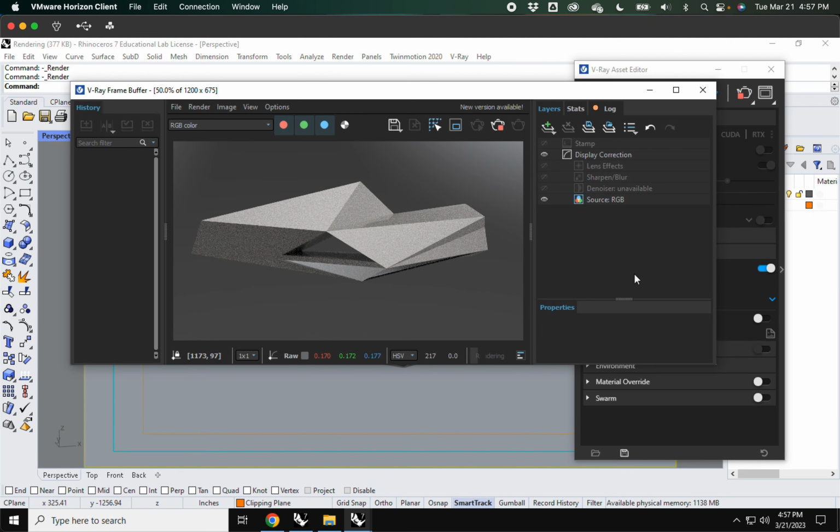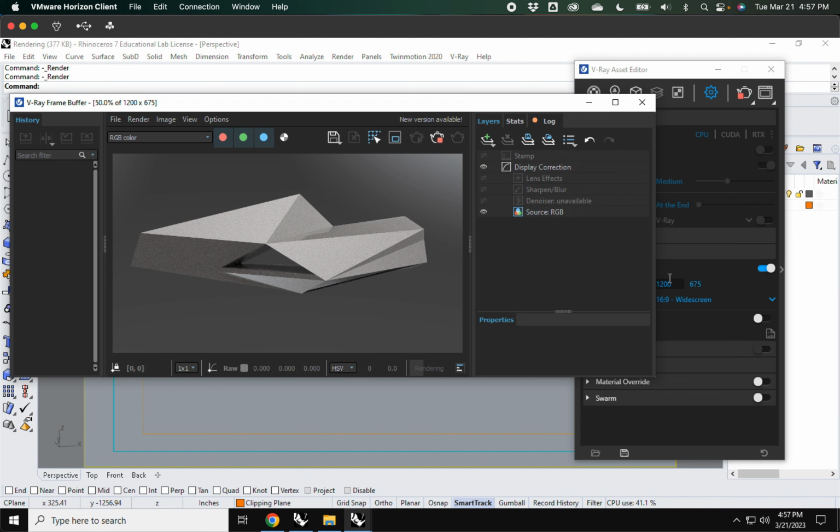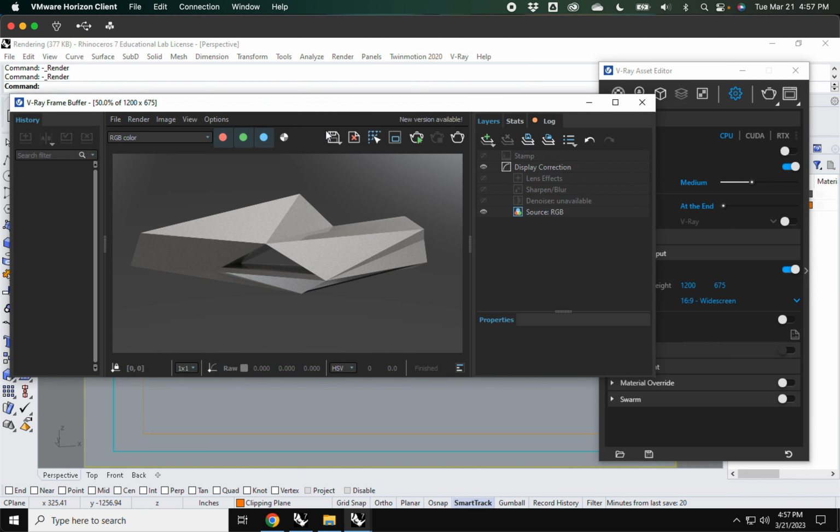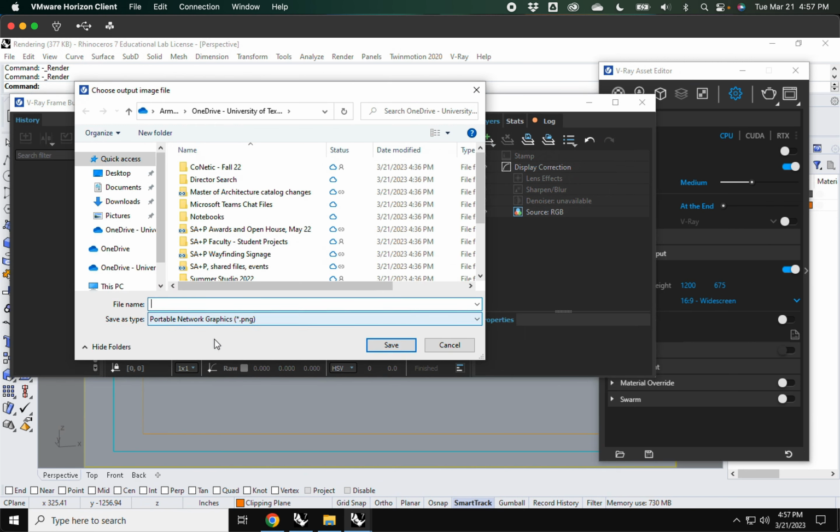And again, just keep in mind the larger the number that you use here, the longer time it's going to render. And the other thing, I have not even adjusted the quality or the denoiser. Those are all just left at the defaults. The only thing that I'm really adjusting is these numbers here. Okay, so as soon as this is finished rendering, I'm going to save this